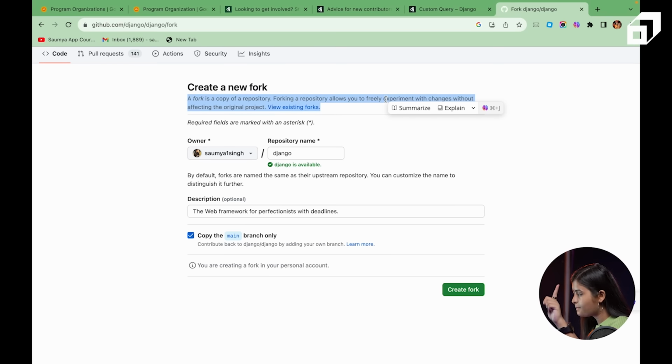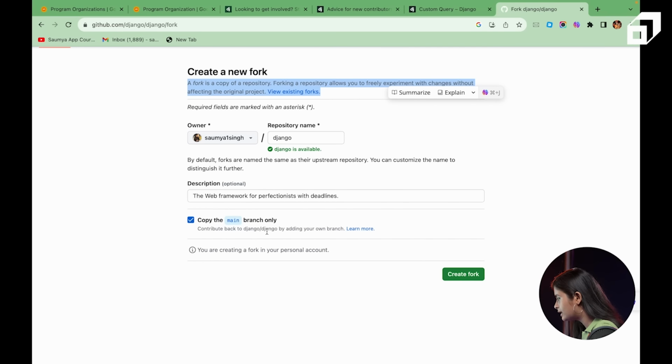Okay, so this is step number one. You have to create your own copy of the open source project. So I will just click on create fork. Okay,